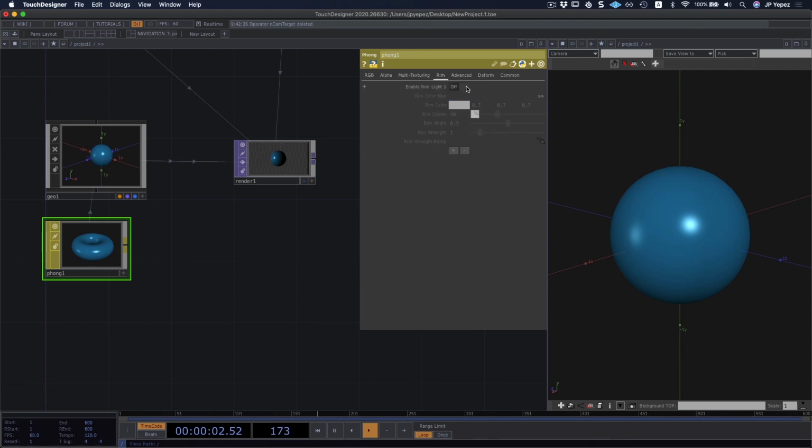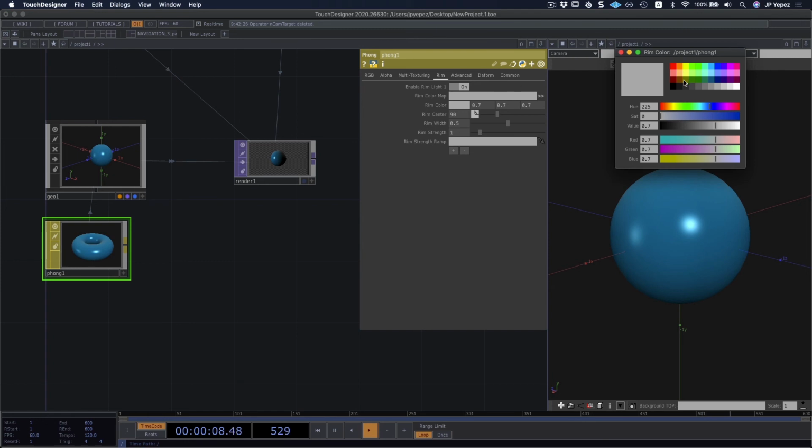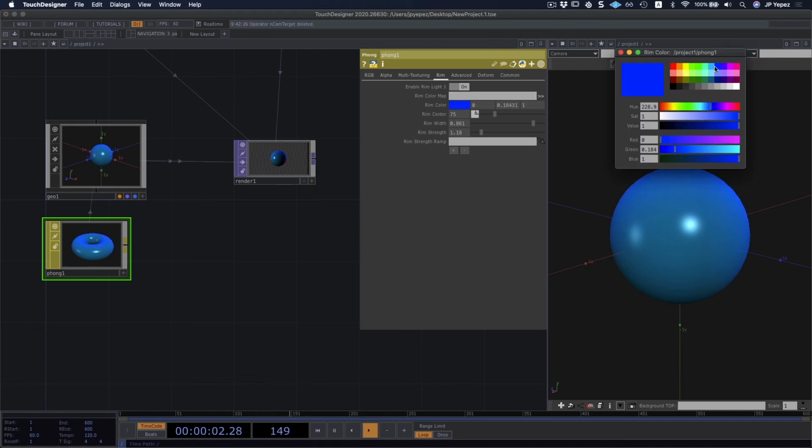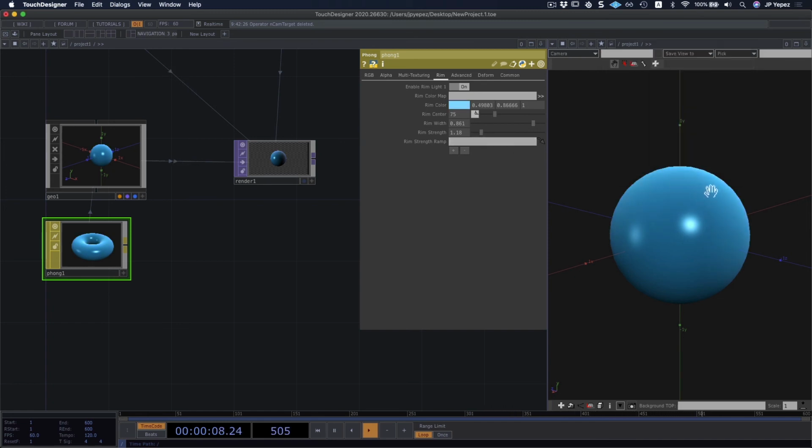One type of lighting that is really fun to play around with is the rim light. Whenever it comes to Phong materials, you can select, maybe let's do something quite noticeable. So this bright red, you can select the angle at which it hits your light, and you can almost make it look like a secondary light. You can add its width to make it really pronounced. You can make it really strong. And maybe this color was good as a reference, but I want to be a bit more subtle about it. And now that I know where it is, I'm going to bring this strength down. Maybe the width a little bit.